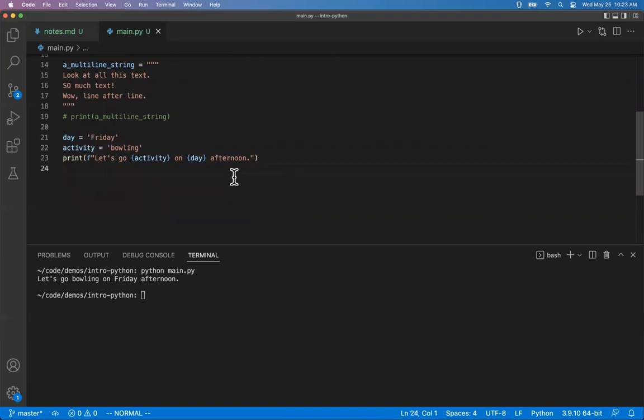So this is very similar to the syntax we use in JavaScript, except we're just using regular double quotes instead of the backticks. And then we put an F in front of our string, again, instead of using backticks. And then to insert variables, we're just using curly braces instead of the dollar sign curly brace syntax. So again, for reference, in JavaScript, this would have looked like